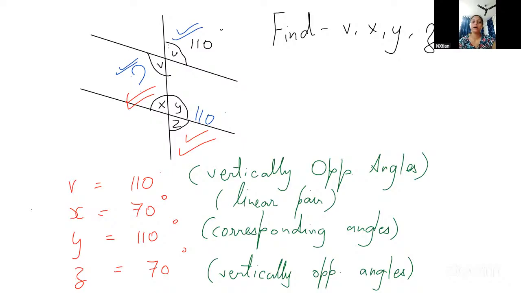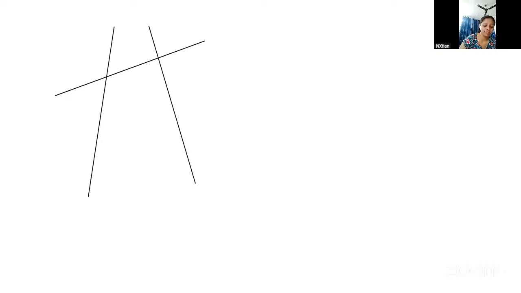Shall I give you one more? Yes, ma'am. You will do one more. Okay, ma'am. Joshua, did you understand this one? Yes, ma'am. If there is any doubt, please ask me. At first, it just seems a little complex, but it is easy. When you practice questions on this, it will become easy.